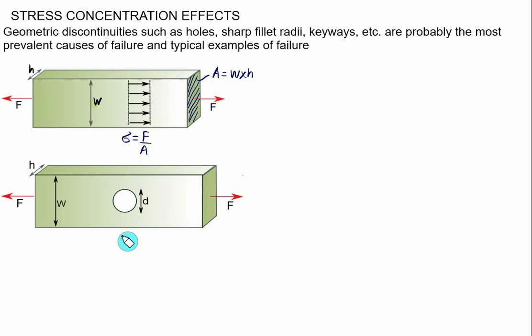So consider here a plate where we have made a hole in the same plate for any purpose, either for passing a bolt or rivet, and let the diameter of the hole be equal to D. This section here is section AA, and for this section the stress is equal to force upon area, where the area has width equal to W and height equal to H. Correspondingly, the stress will be sigma equal to force upon area. Since here the area is maximum, the corresponding stress produced will be the minimum stress, so we'll call this one